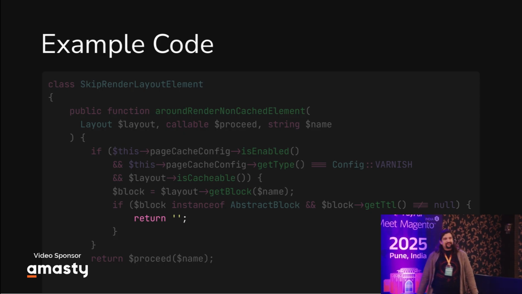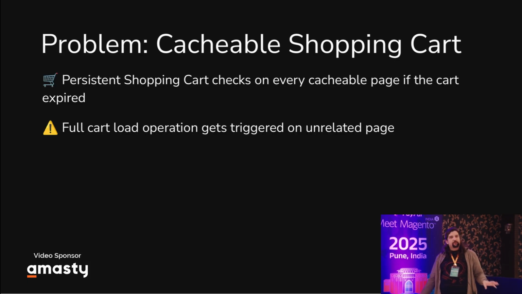Another problem that Magento has: has any of you noticed that sometimes your category pages and product pages are rendering very slow, however much you optimize them? You know, like there is nothing bad happening. Anyone? Okay. So there is this nice module in Magento called persistent shopping cart. What it does, on every single HTTP request, it doesn't matter whether you are in the shopping cart or in checkout, this plugin invokes the getQuote method